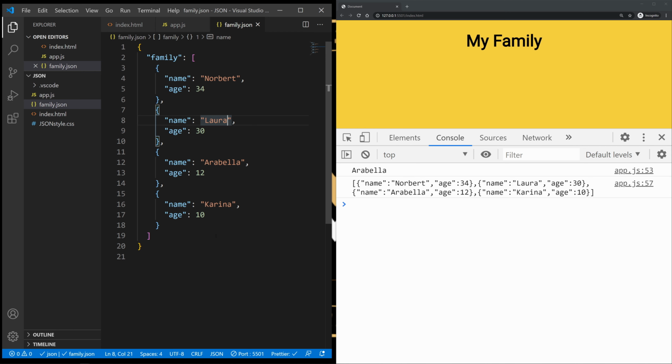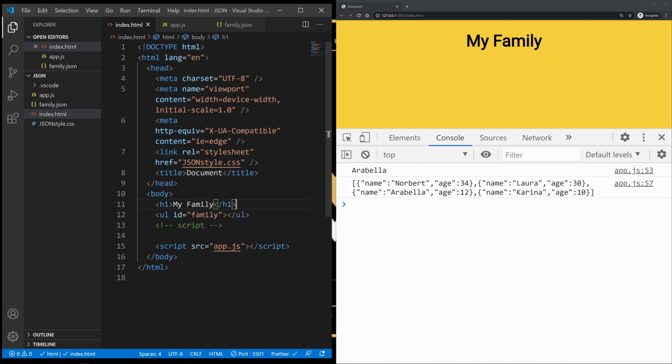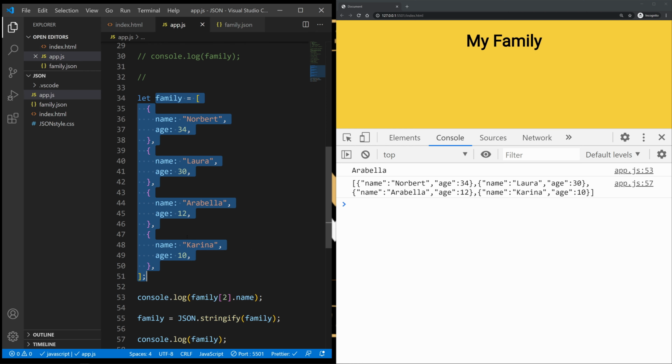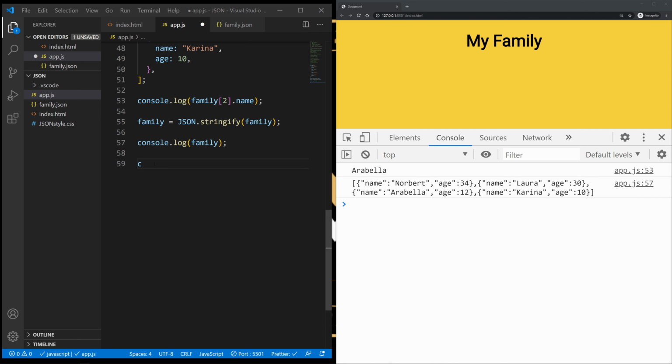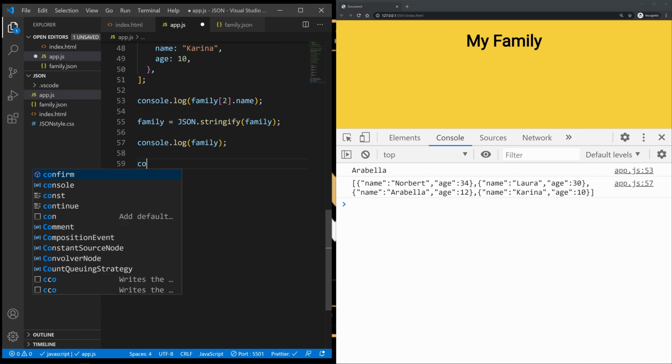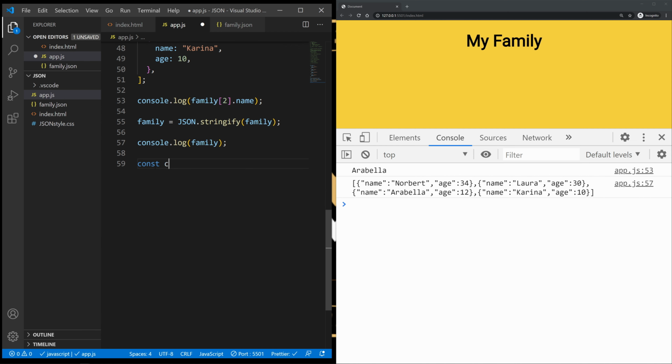Now, what can we do with it? Well, I have here an unordered list with the ID of family. Let's go into our app and let's say we want to grab onto this. I'm just going to create a const and call this family tree.